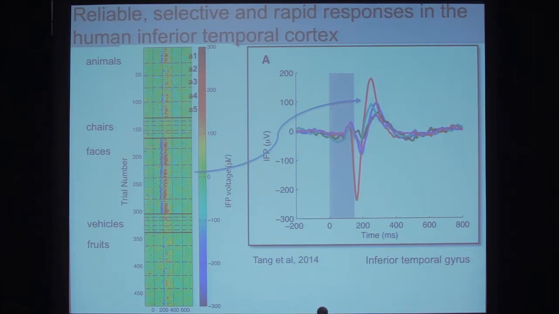If you average all of these trials and all of these different pictures within each category, you get a signal that looks like this. This is the intracranial field potential as a function of time. So we get a very selective and strong signal that happens very fast, consistent with the feed-forward models, consistent also with the behavioral experiments. So we have a very strong selectivity, invariance that I'm not going to show here, and a very rapid response.